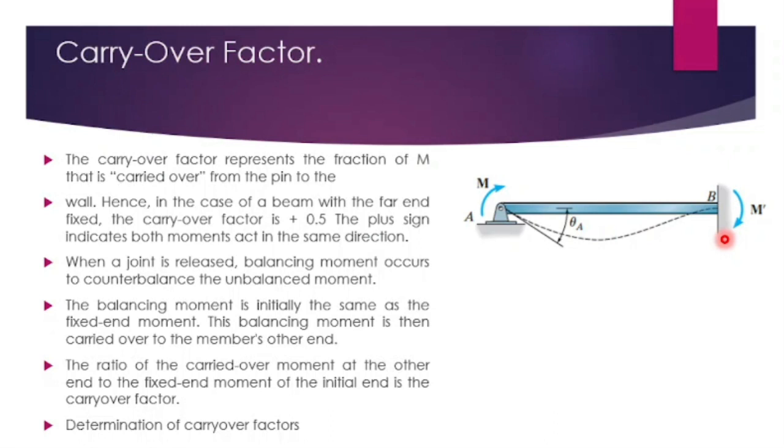Why we are doing carryover is, you have to balance the moment. Where you will be balancing at the hinged end, you will be having sum of moment as 0. So whenever you are balancing, you will be getting the net moment, and half of the moment will go to the fixed end support. So this concept is known as the carryover factor.